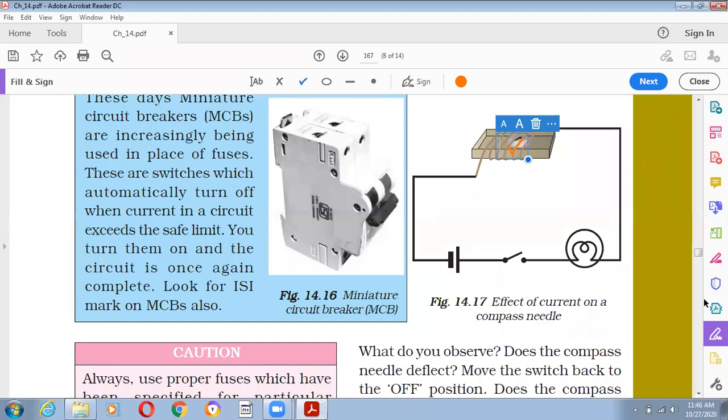Short circuit occurs in cables and wires. In an electric circuit, these wires and cables consist of three wires: live wire, neutral wire, and earth wire. Sometimes the live and neutral wire in the circuit touch each other due to defective or damaged wiring. Because of this, the resistance of the circuit becomes almost zero and a very large current flows through it. This sudden flow of very large current due to direct contact of live and neutral wire is called short circuit. On the other hand, another is overloading.